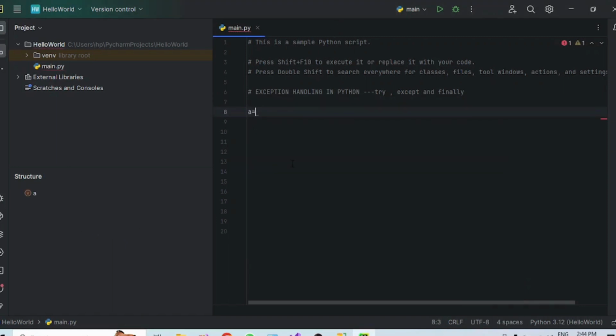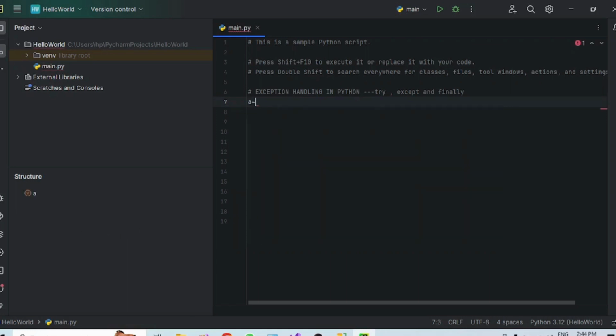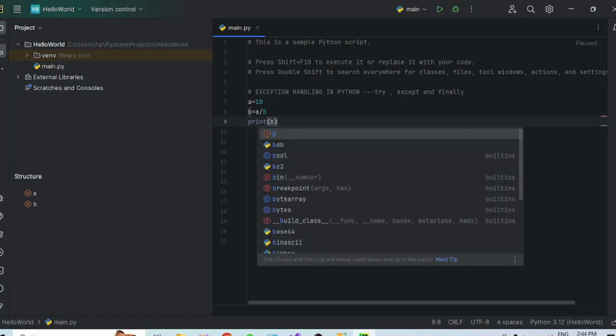You can see on my screen I have opened PyCharm as a code editor for Python. Just in case you have not seen all the videos on how we can download and open the PyCharm editor, you can go ahead and see chapter 1 to get more details. So here I'm going to come back to the same session. Here I have declared a variable a and put the value 10 to it, and I have declared a variable b, and I'm trying to divide it with 0. So if I try to print this value b, what kind of error are we going to get,